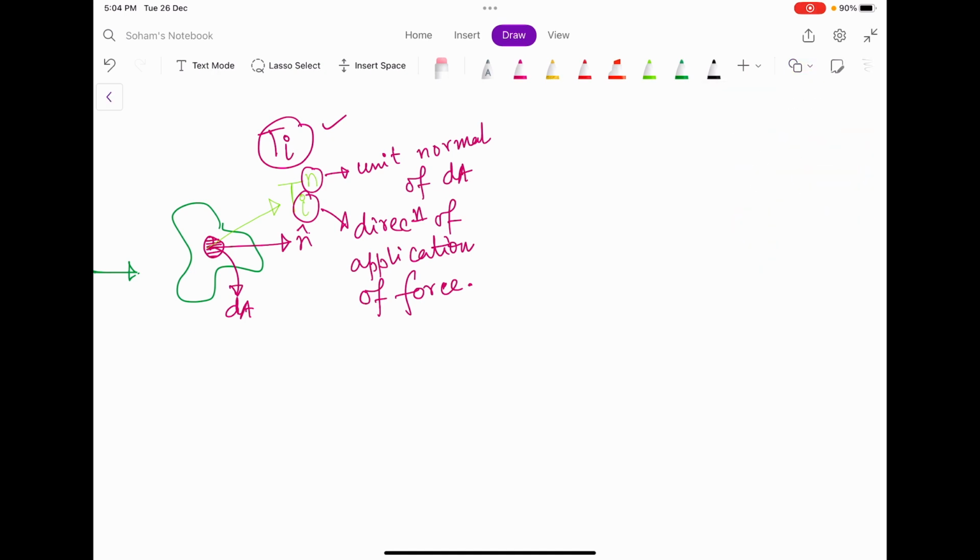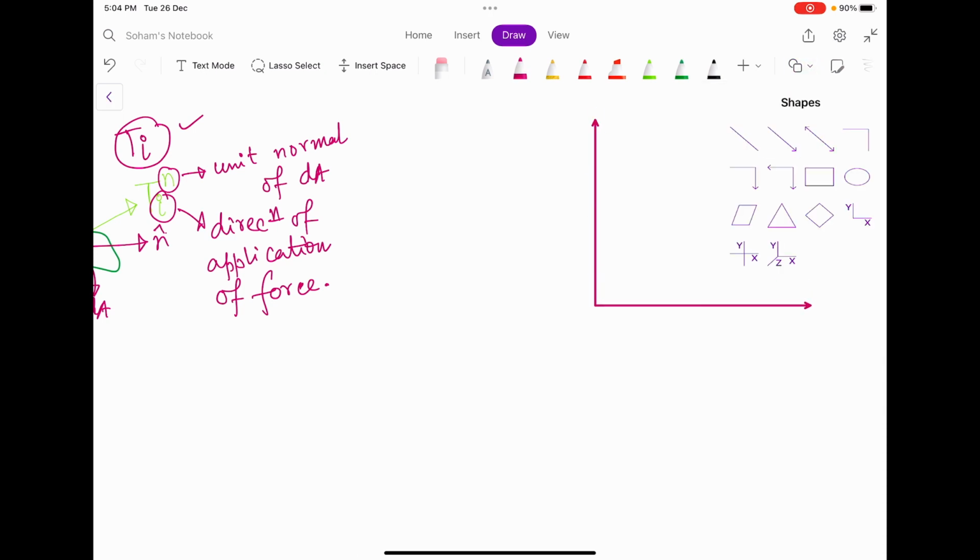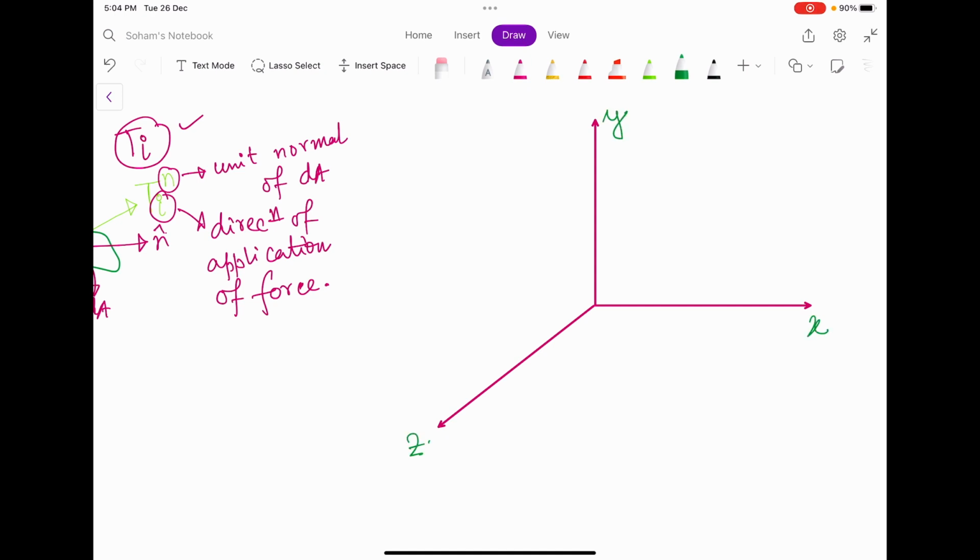So let me draw an axis here. So this is x, this is y, this is z. So if I draw an infinitesimal cube here,